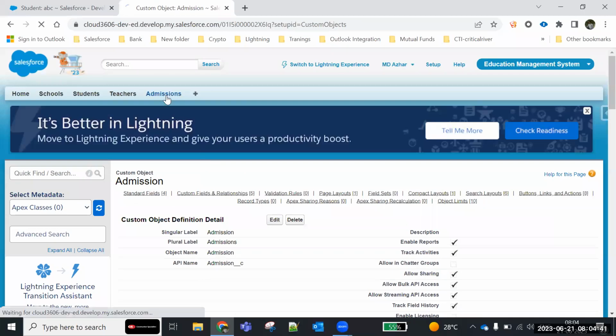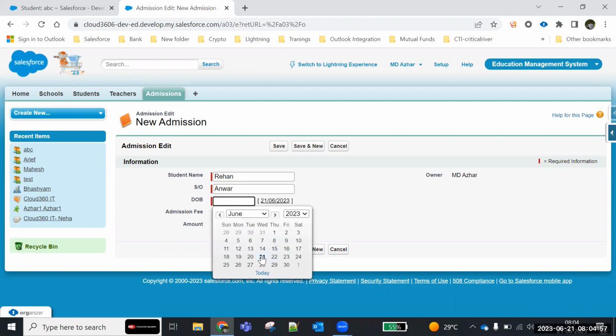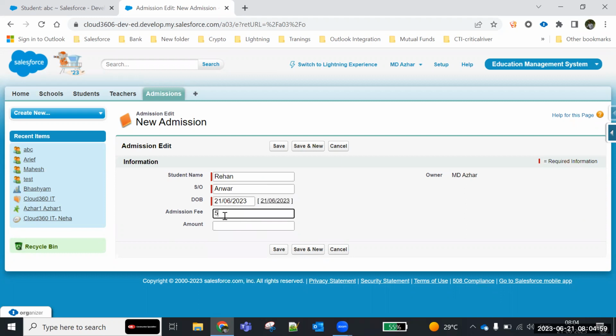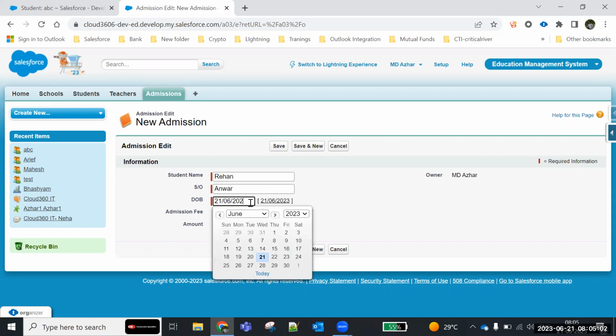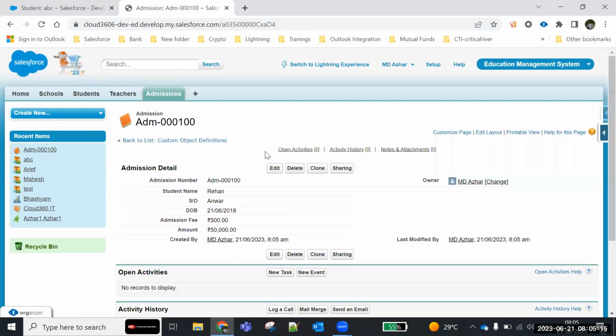If I go here, admissions, click new. Okay, student name, anything I can give. Date of birth. Okay, so let's say we'll give today's date. Admission fee 500. 2023 means 5 years back means 2018. Okay, and amount, let's say 50,000 is the school fee, and then save. Okay, see here admission number became